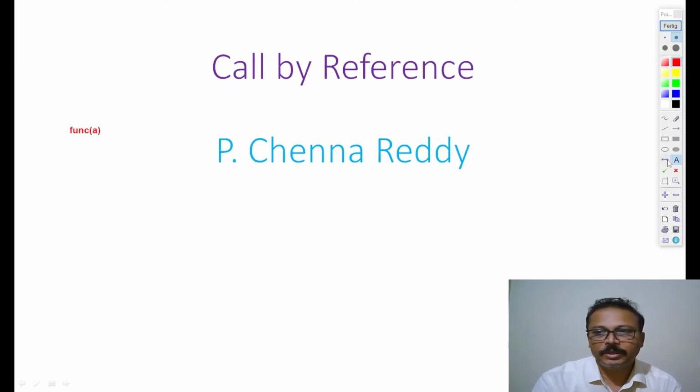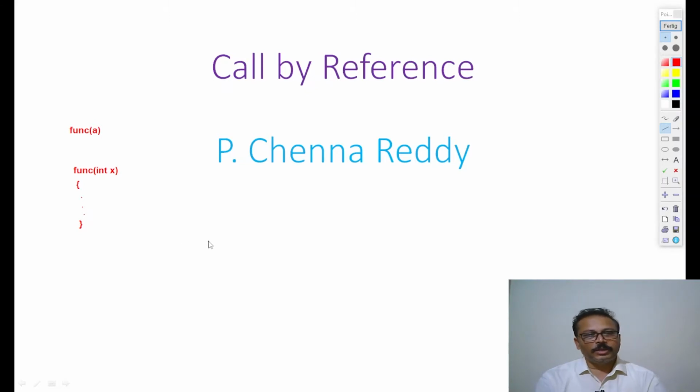Suppose this is the function definition, with an integer x as the parameter. Within this you write some code. Now if you consider a and x,